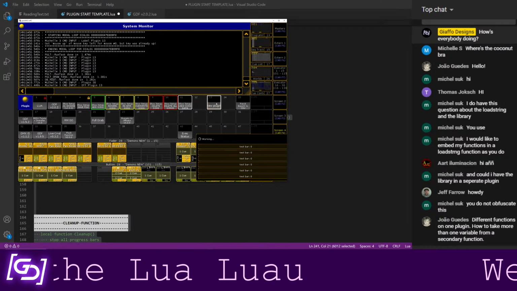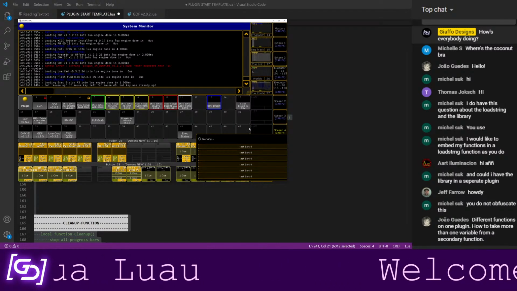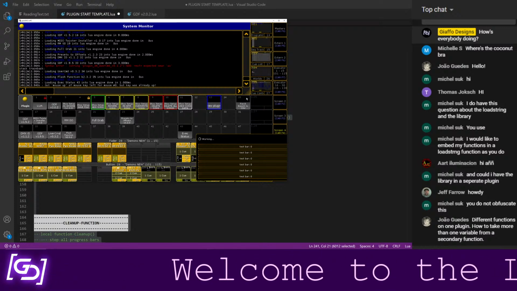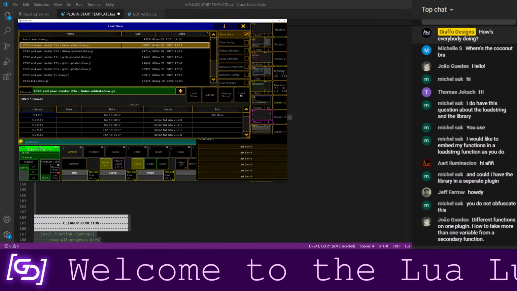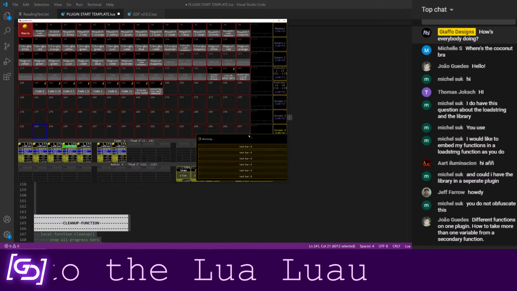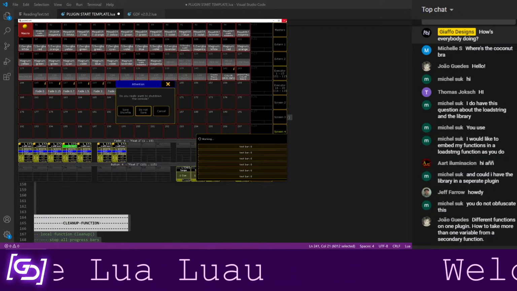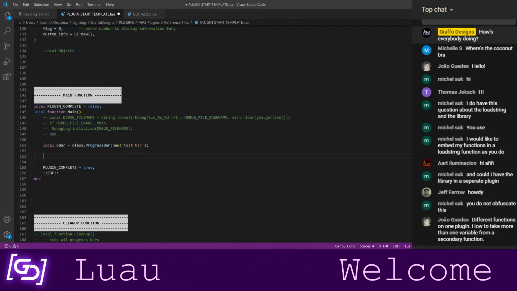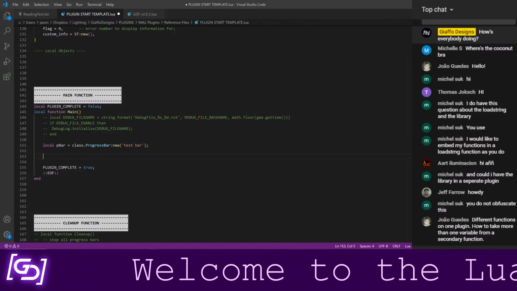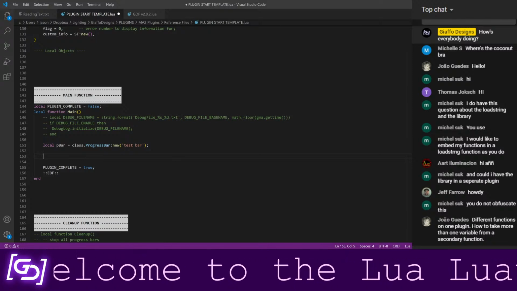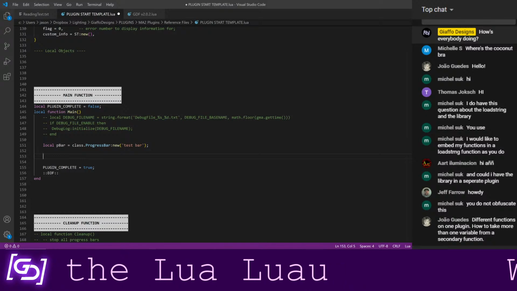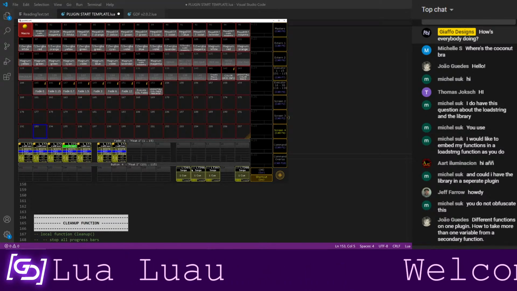So if I say off this, if I say off, everything off, these progress bars don't go away. And there is no way to get rid of them, even if I change show files, like I can grab this guy, and these progress bars are still here. The only way to get rid of these now is to completely close MA, which is what we're going to do now. So things like that are the kinds of things that you definitely don't want to have happening just because a plugin crashed. Obviously the plugin crashing is not a good thing, but you don't want it to make the show file unusable. So I think it's self-explanatory why that would be a bad thing.